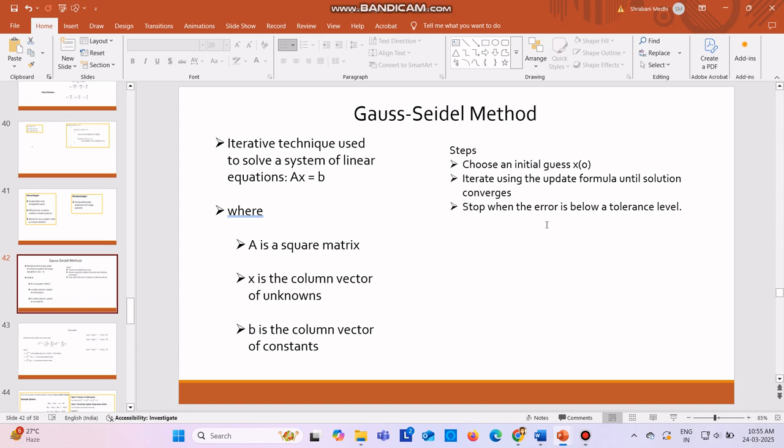Hello everyone. In this video we are going to see the Gauss Seidel method. Earlier, in the last video, we saw the Gauss elimination method. So this is the Gauss Seidel method. The purpose is that it is an iterative technique used to solve a system of linear equations, the way we did